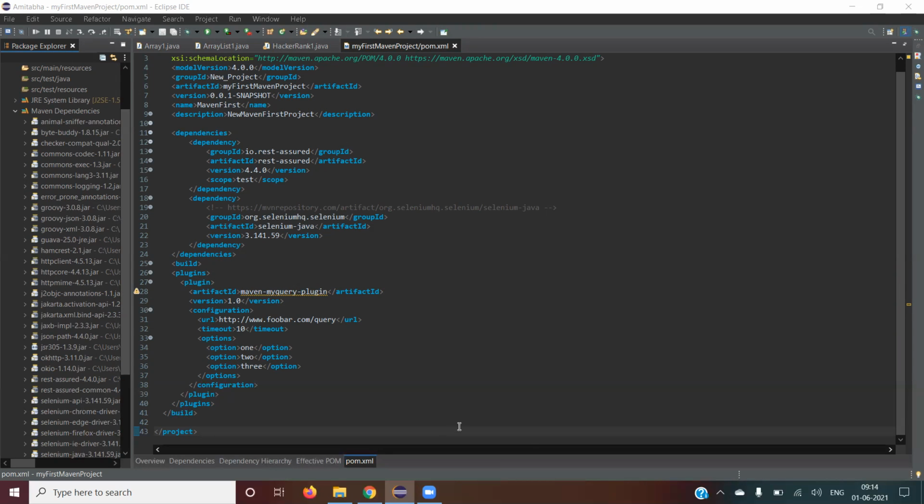In that project, you have a plugin, myquery plugin, right? When you added this one, automatically it will go to the .m2 folder. In the .m2 folder, Apache, Maven, and whatever folder is created for this particular jar will be created.